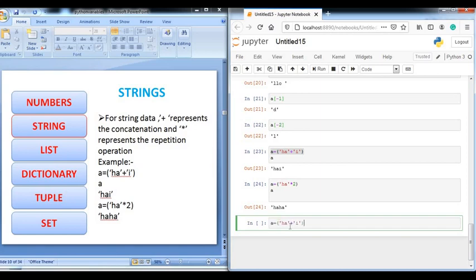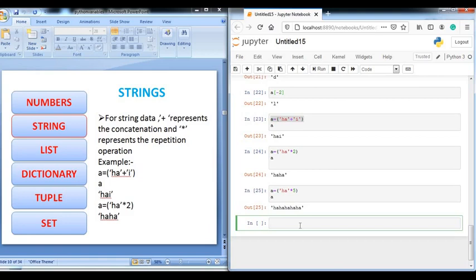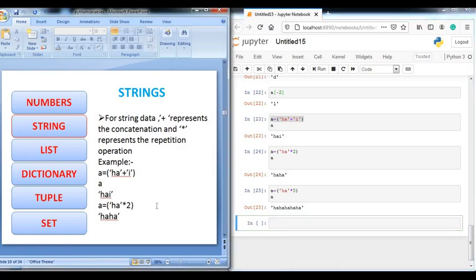Again, if you want multiple occurrences, like if I write 5 times a and run it, then it will print HA 5 times. Okay, so next, move to next. I hope you will understand all this.